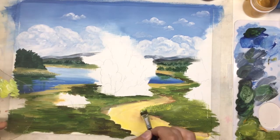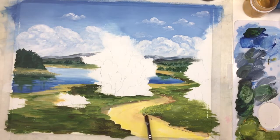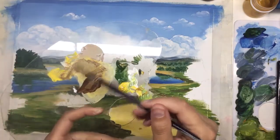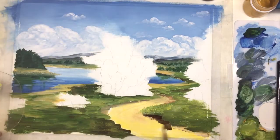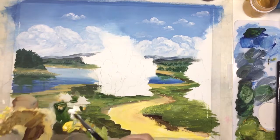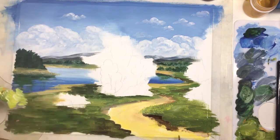I'm touching with the very tips of this brush, and in one touch I can create a lot of grasses, a lot of single strokes, just because of the shape of the brush. Also here it's going to be a darker area because of a shadow. Let me make it more visible here. I'm going to go with brown shadows,